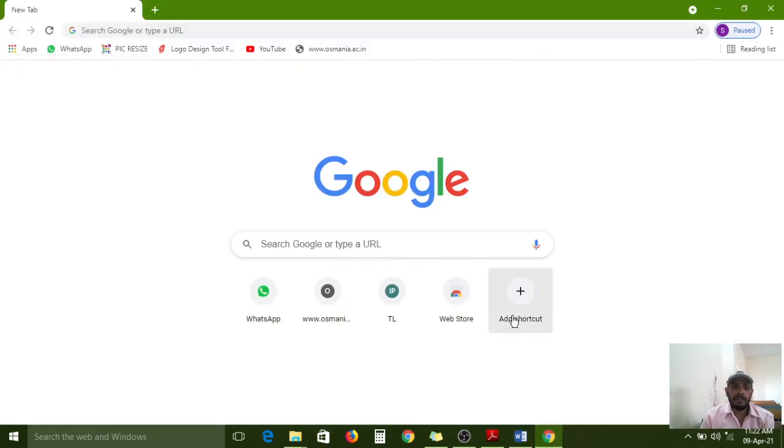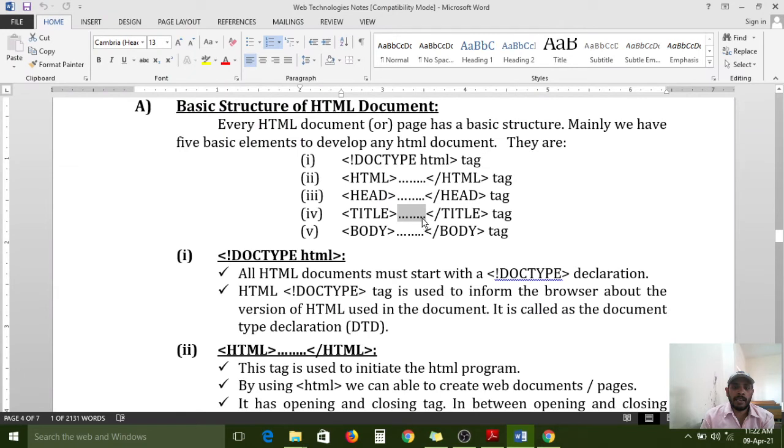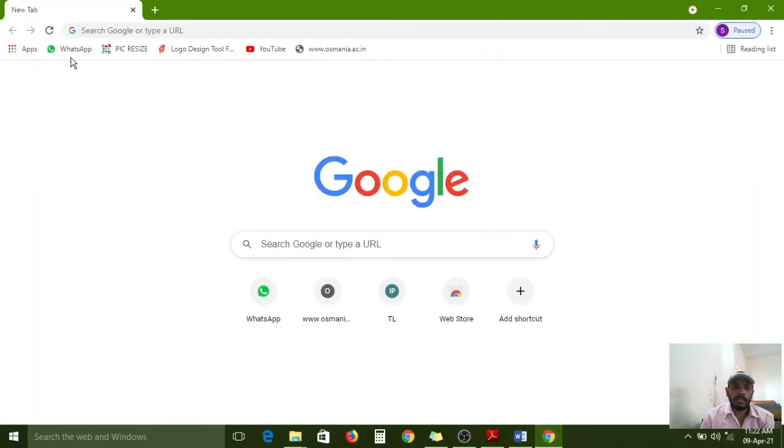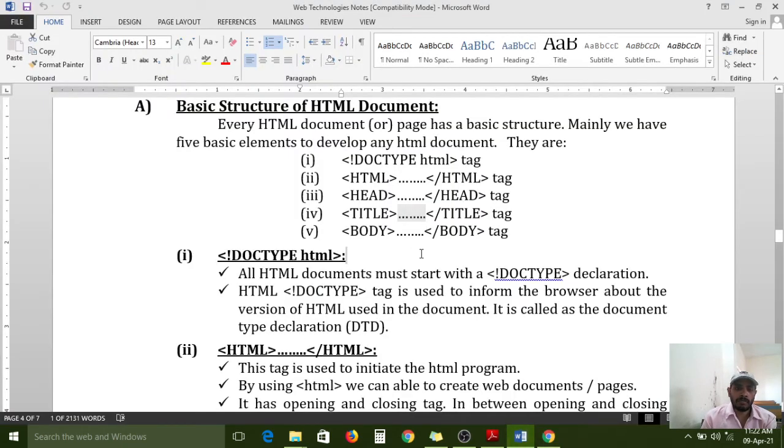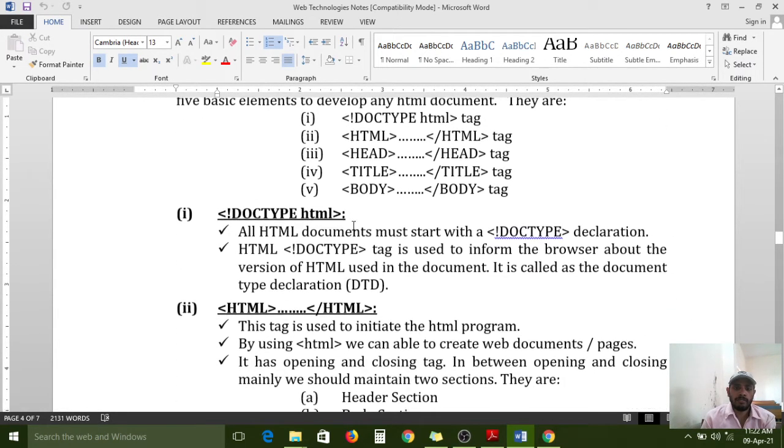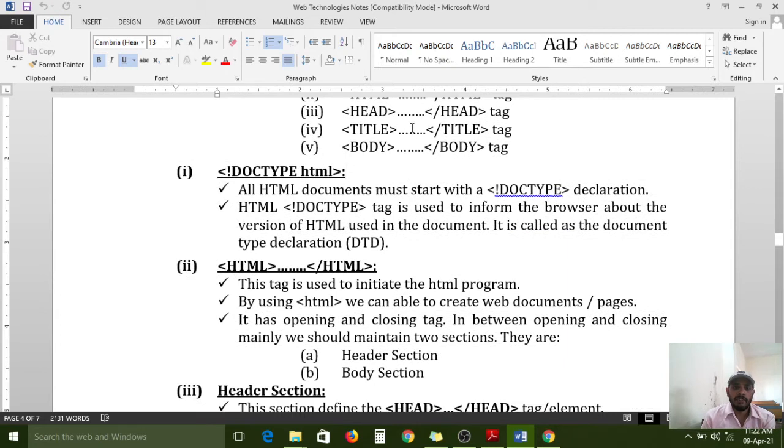If you write any name in between these two tags, it will display that name here only. Don't worry, I will explain practically also, so you can understand this. So these 5 tags are very important.